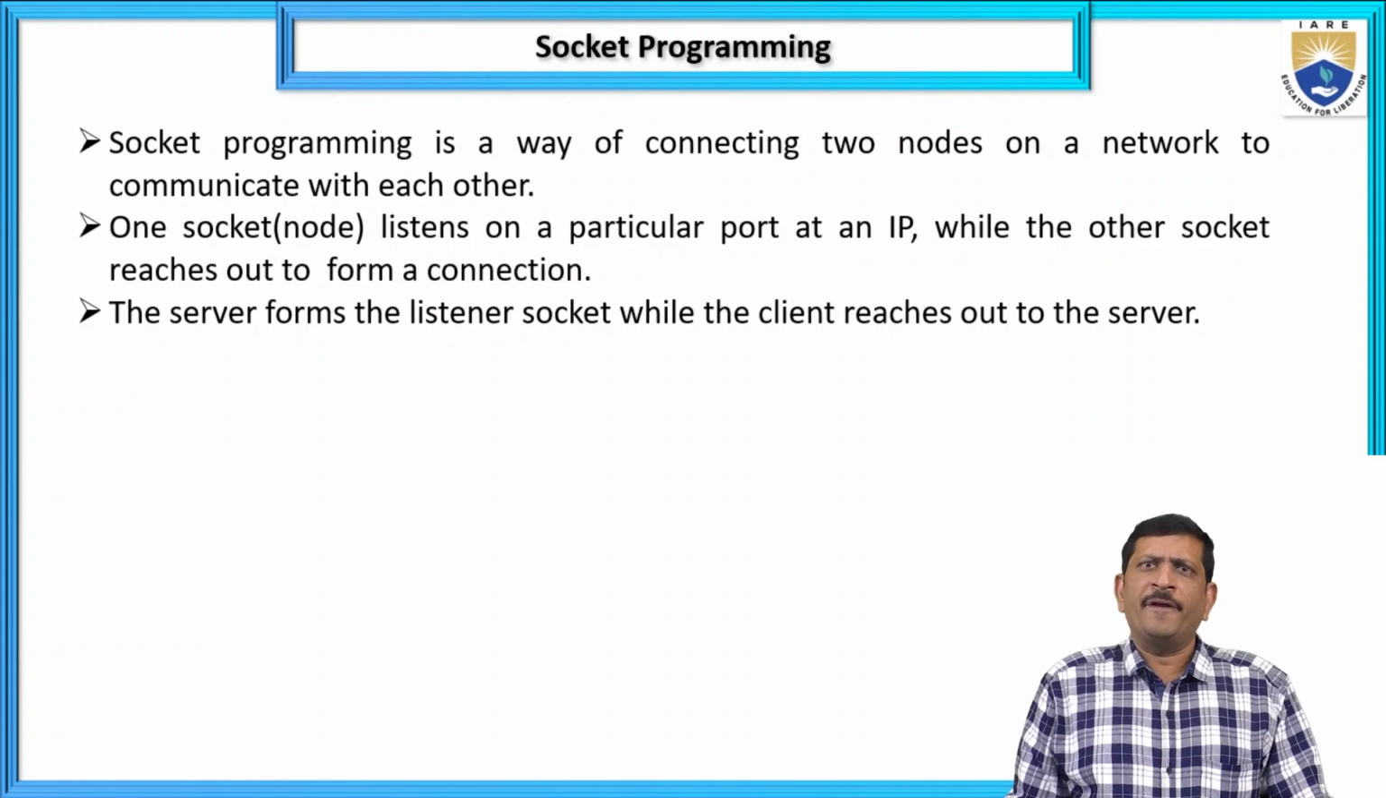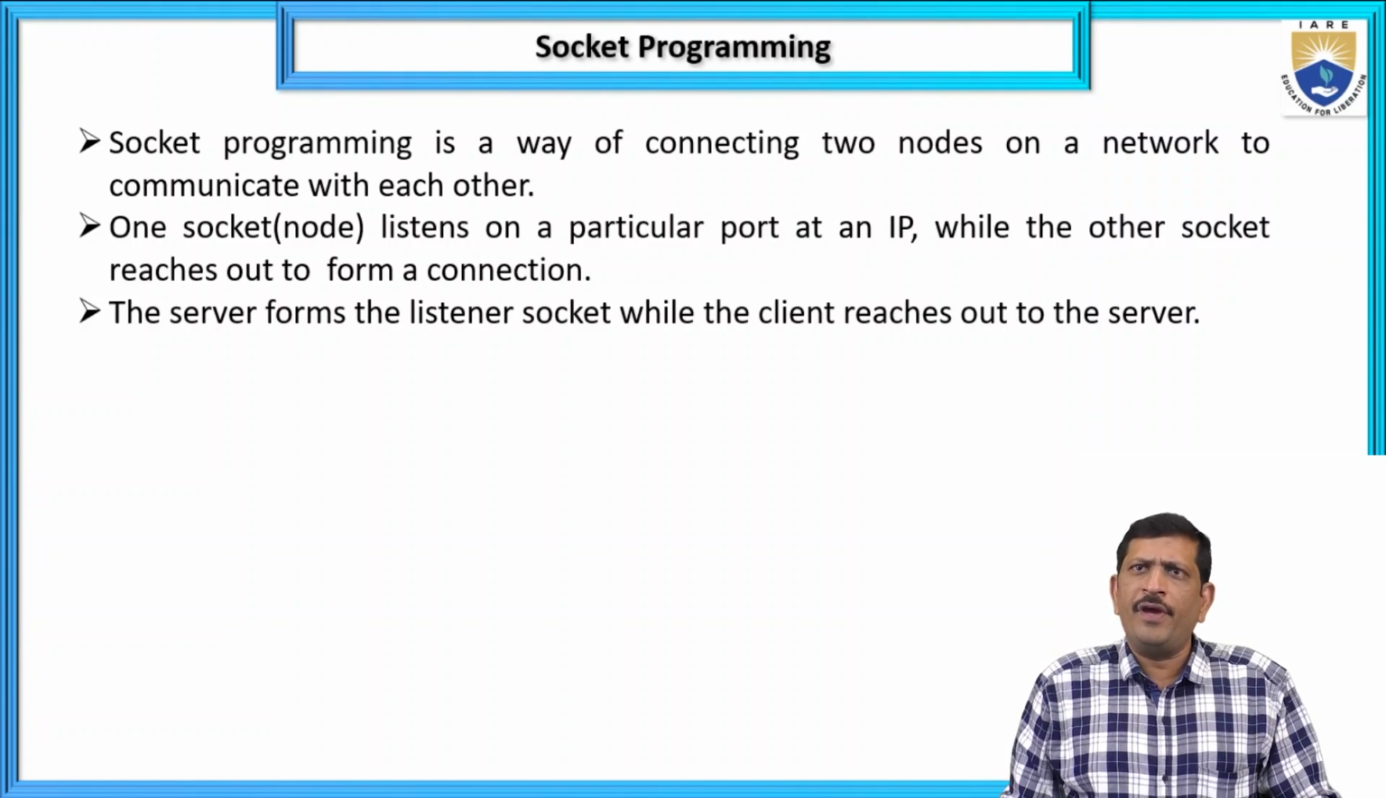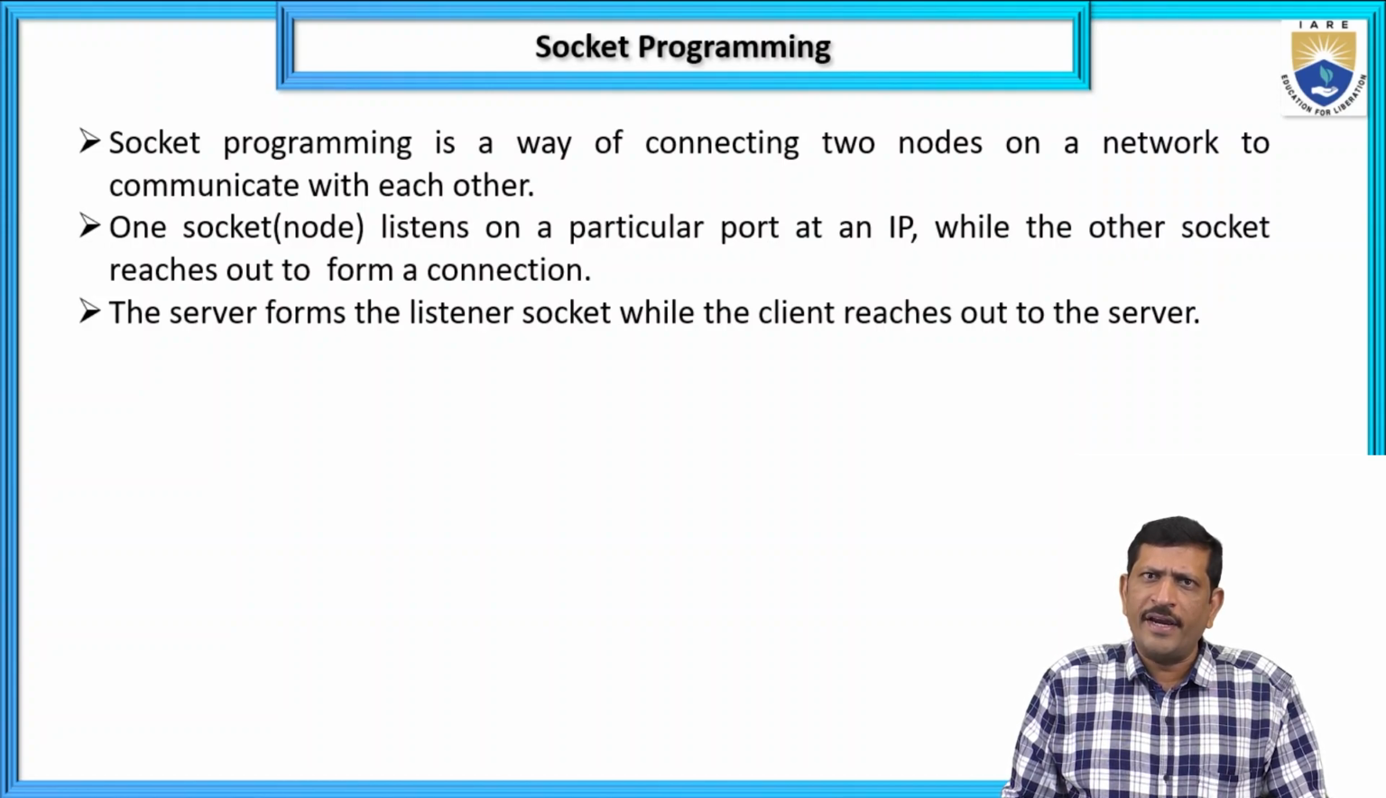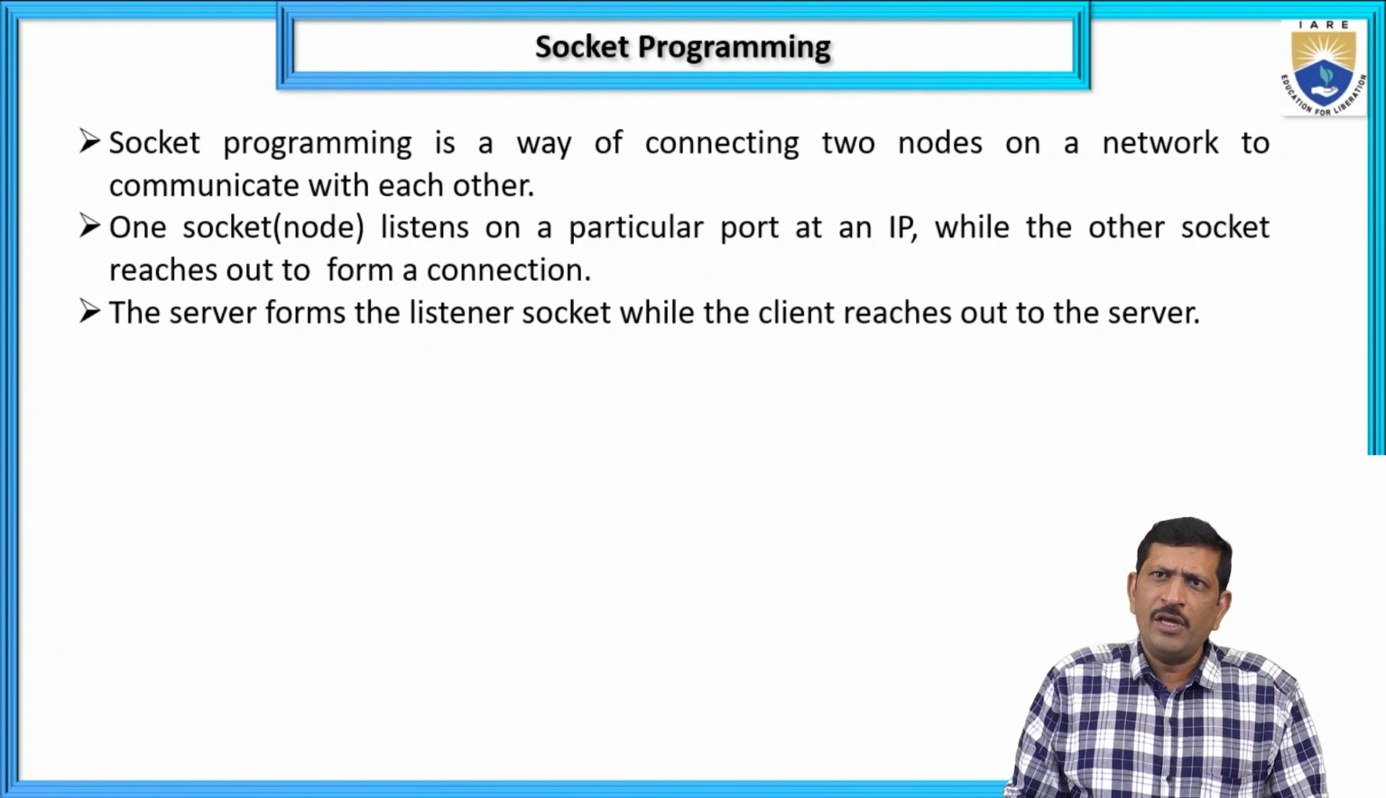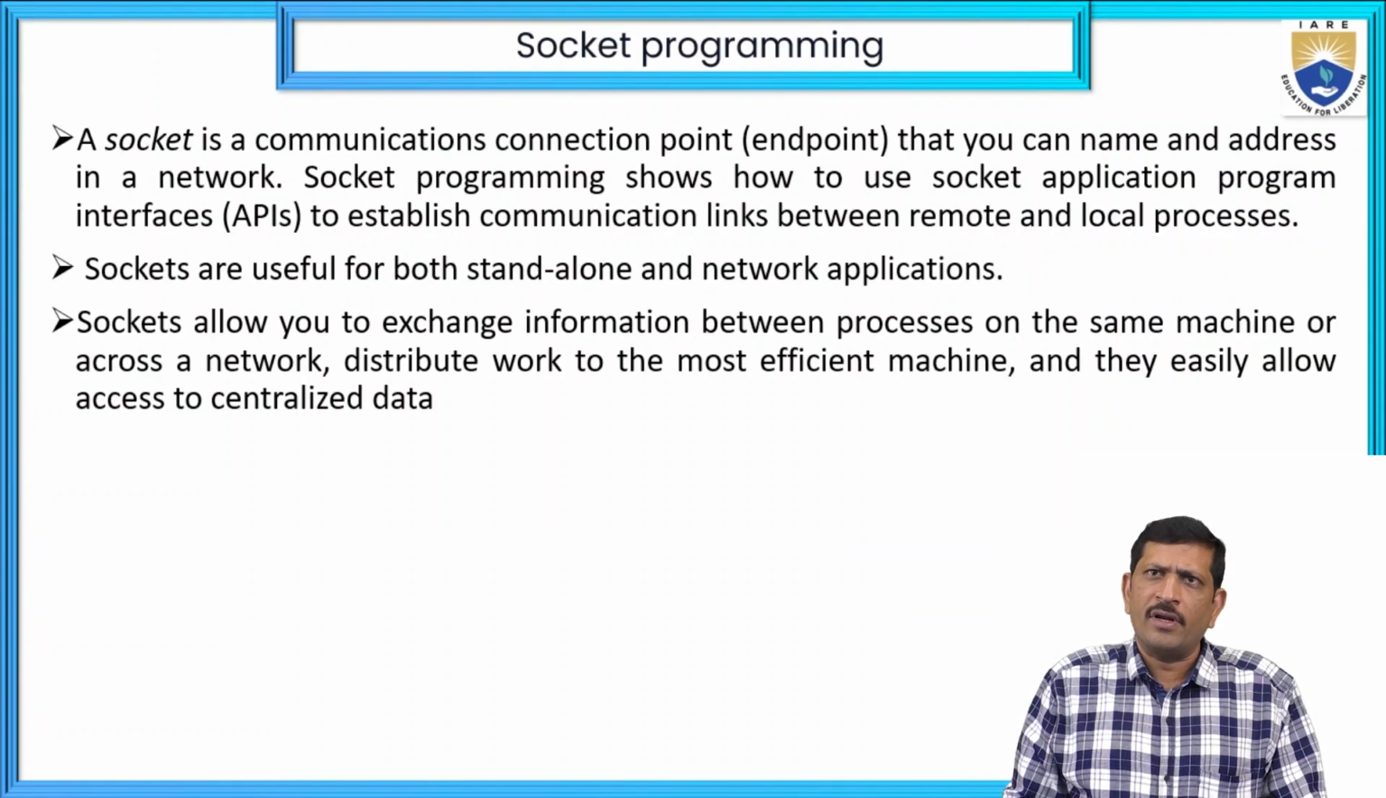Socket programming is a way of connecting two nodes on a network so they can communicate with each other. One socket node listens on a particular port at an IP address, while the other socket reaches out to form a connection. The server forms the listener's socket, while the client reaches out to the server. Socket programming uses communication connection points, that is, endpoints at the server side and the client side,